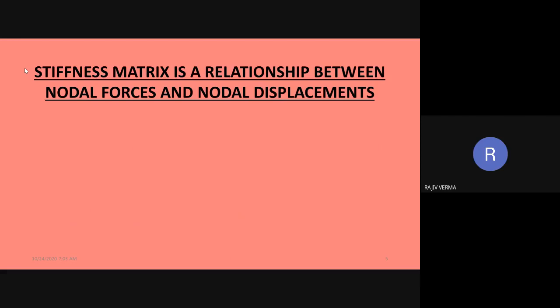Now coming to the stiffness matrix itself, the stiffness matrix is a relationship between the nodal forces and nodal displacements. When we are talking about nodal forces and nodal displacements, we tend to generalize this definition, in the sense that though these are terms normally used in strength of materials, the stiffness matrix is going to be applicable for